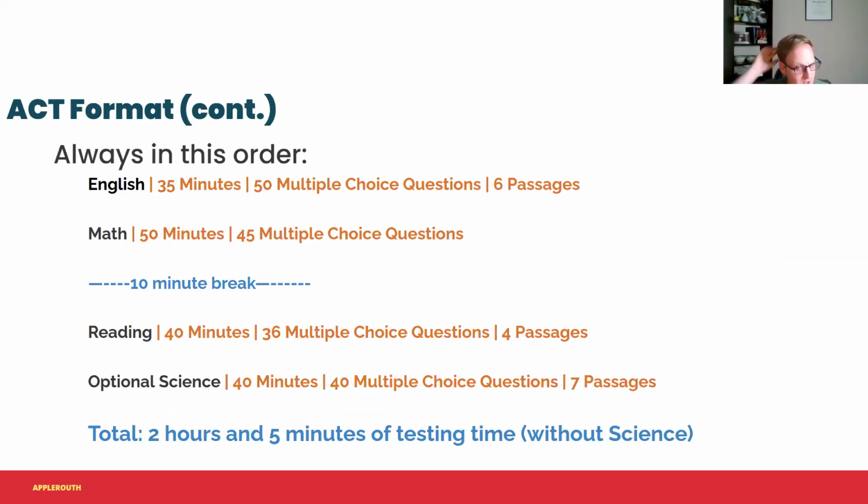Here's what that would look like without science. It's 2 hours and 5 minutes, much shorter than the 3 hours that it used to be. I find that to be really helpful for my students with time and a half accommodations. So this is regular time. But many students, if you have an IEP or 504 plan in school for processing, ADHD, dyslexia, or any sort of learning disability,